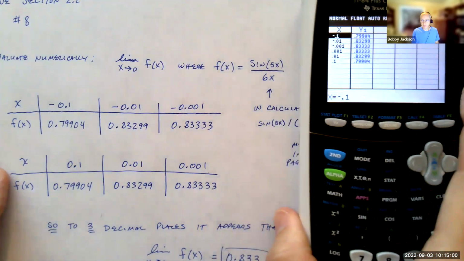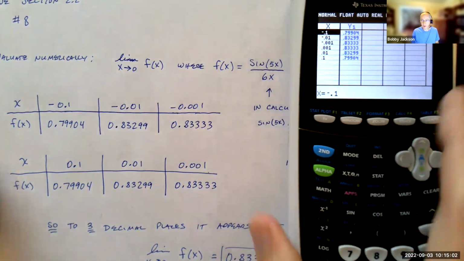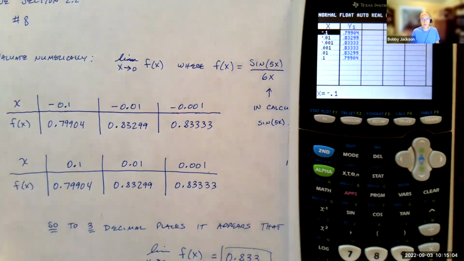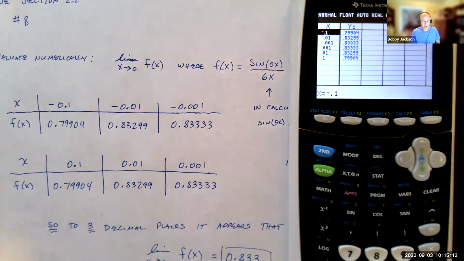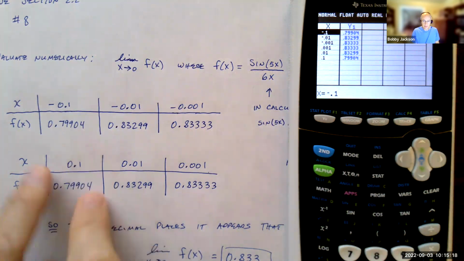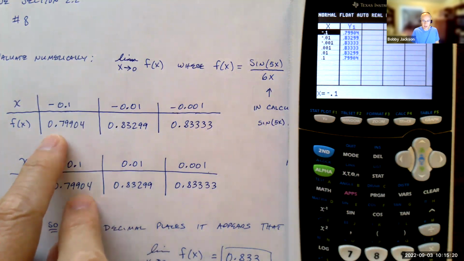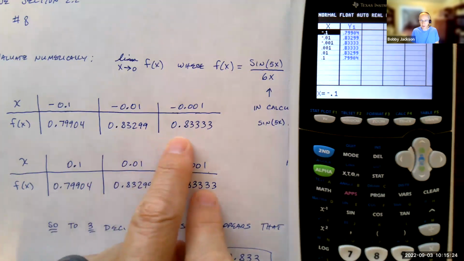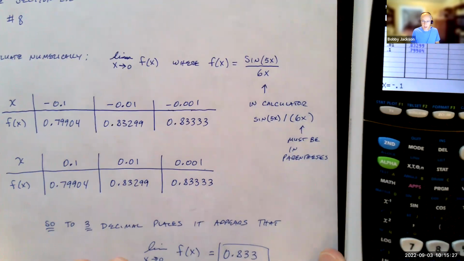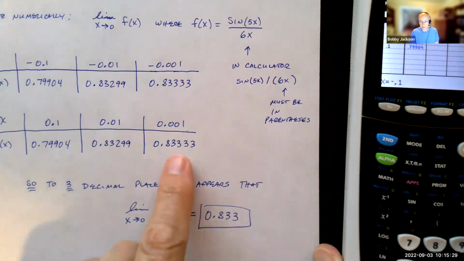This particular function that we have here is what we call an even function, meaning the outputs for any given value of x are the same for negative x. So f of plus or minus any particular value will give you the same output. However, we can see as we progress in either table here from left to right, we're getting closer and closer to what the limit appears to be approaching. And so it seems like we're getting closer and closer to